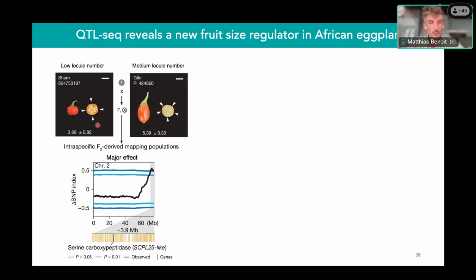In this specific population, so low locule cross to medium locule, we were actually surprised not to detect any clavata3 signaling members or any clavata3 genes